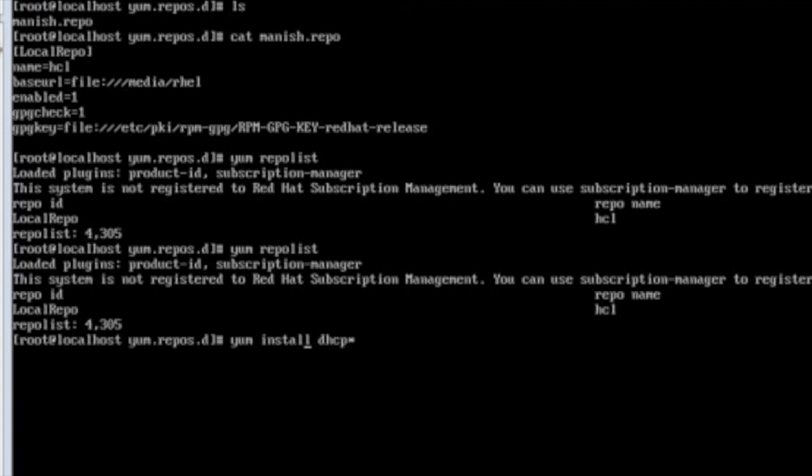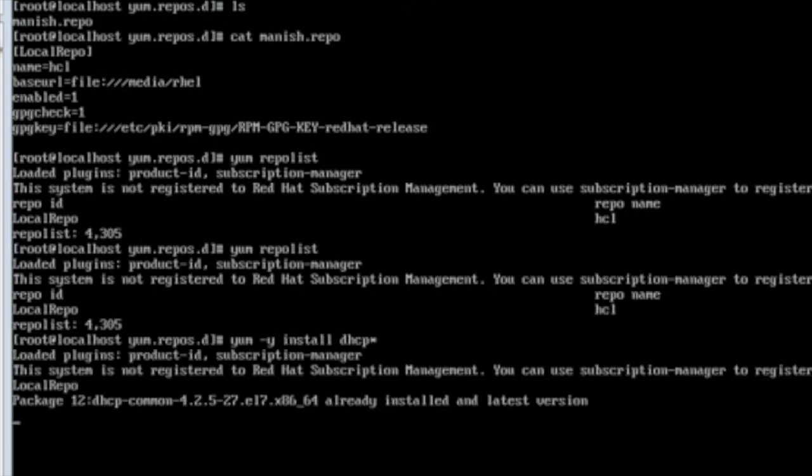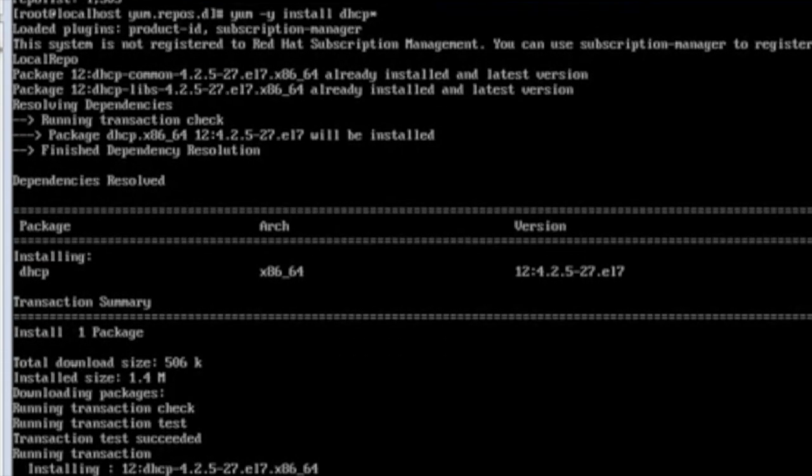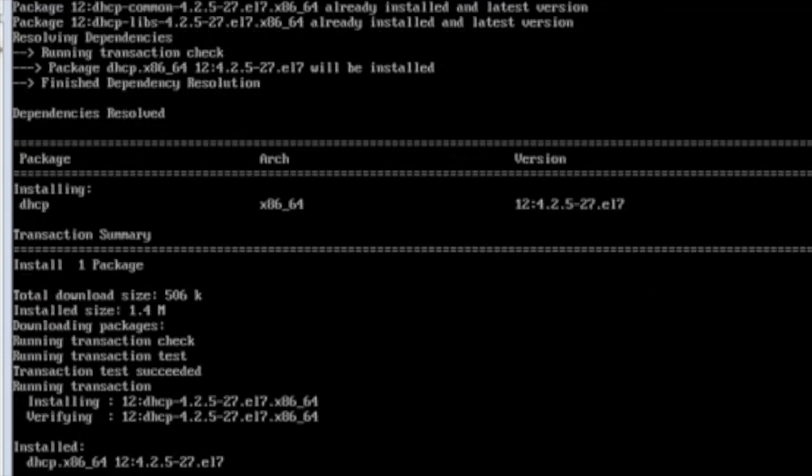So you can give it at first also, yum -y install dhcp. Now just check it's happening. It installed. Can you just see dhcp? All right, so this is how you have to use yum to install your packages.